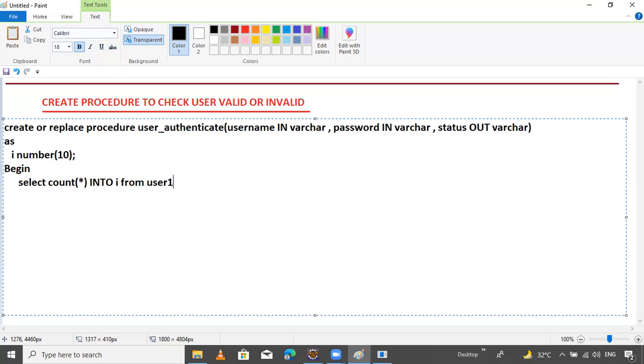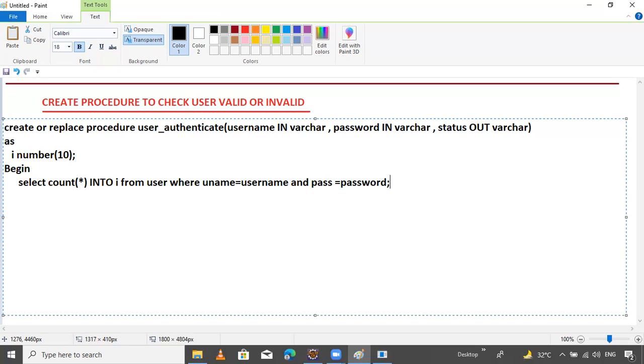Why? Because I think the user already exists, so it will give an error. Just let's try. Okay, not an issue. Where, one column is there inside the database. Username, and password, and pass equals to, I will create one pass equals to password.